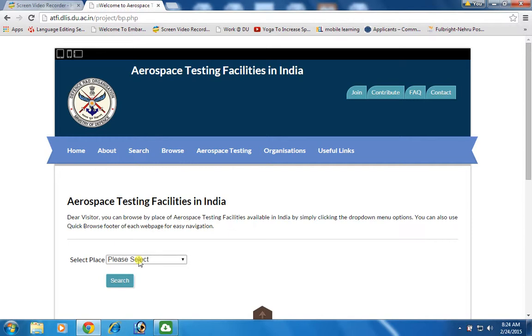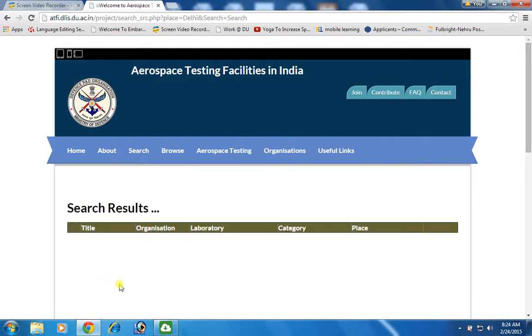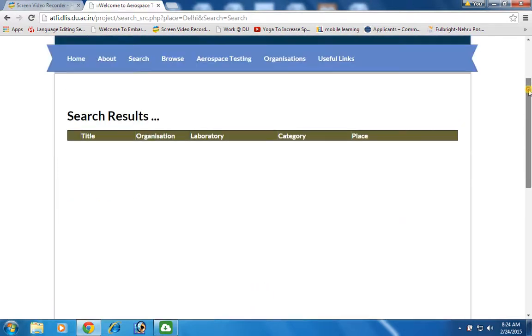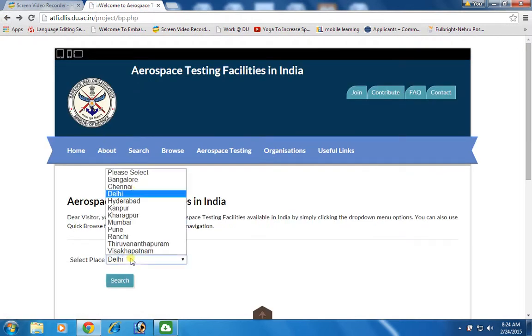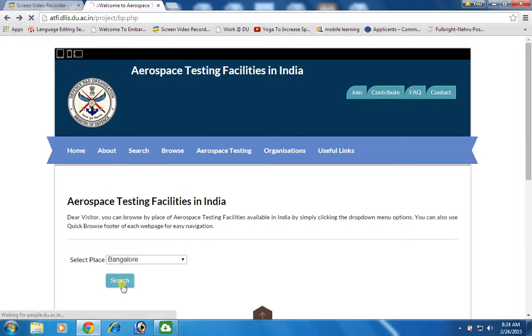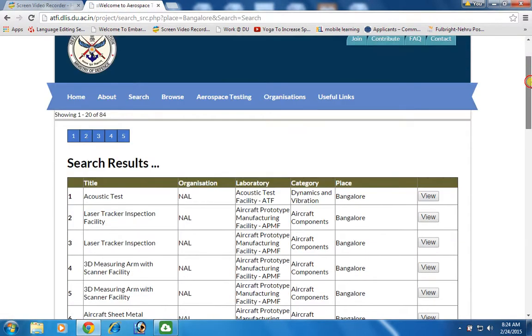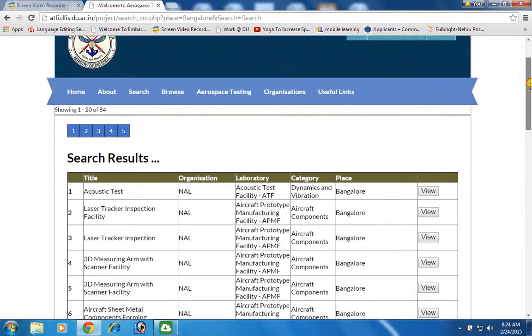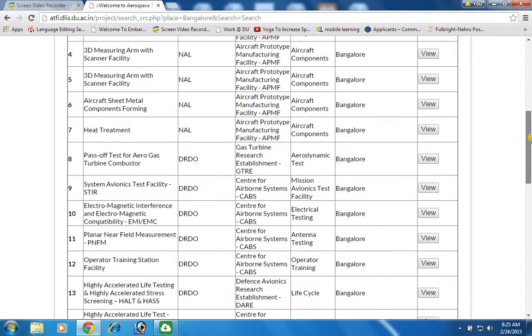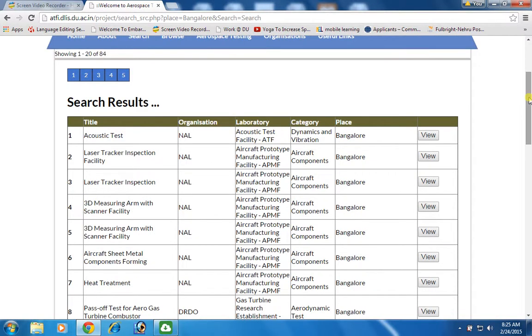Here if I choose the place Delhi and click on the button search, it shows me... if I click on the Bangalore and click on the button search, it shows me all the aerospace testing facility available in the region Bangalore. It shows me the title, organization where the facility is available, laboratory, category, and place.